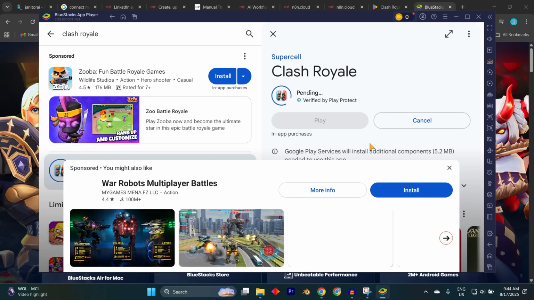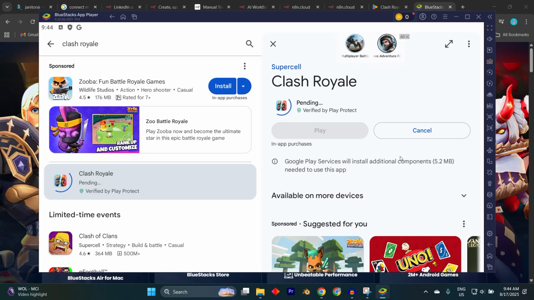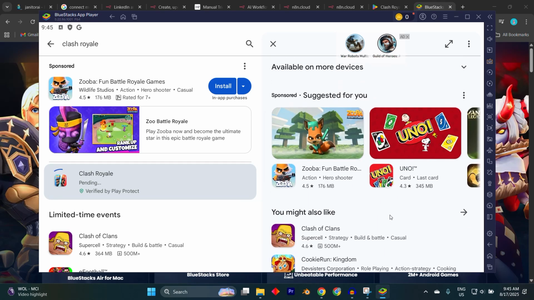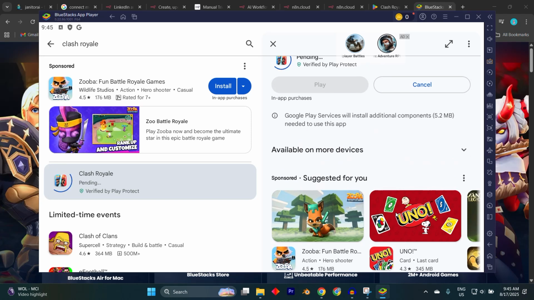On MacBooks that support the new Apple Silicon chips, Clash Royale can sometimes be installed directly from the App Store if the developer allows it, which removes the need for an emulator. Chromebooks with Google Play support can install the mobile version natively, making it one of the easiest devices to use for the game. For school computers, the situation is a bit trickier because many networks or administrators block game downloads